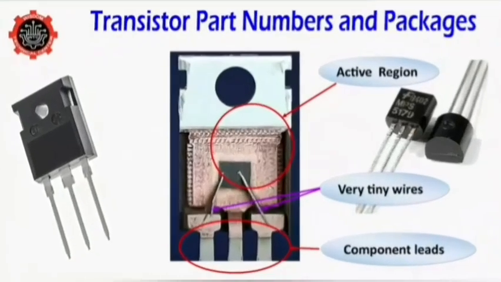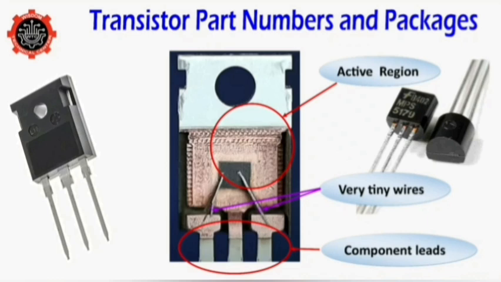Typically, for most transistors, the active area of the component is extremely small, like the size of the head of a pin. So, in order for us to make electrical connections that we could solder to, they will connect the head of the pin with wire about the size of our hair,